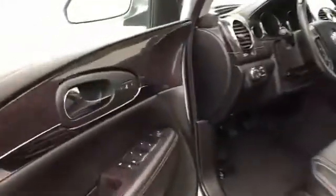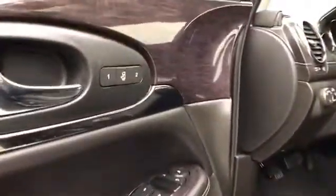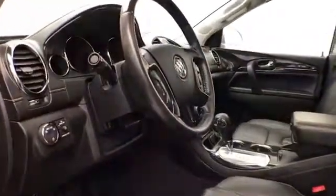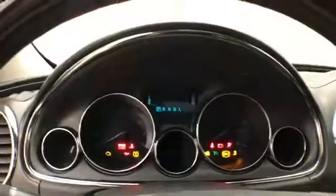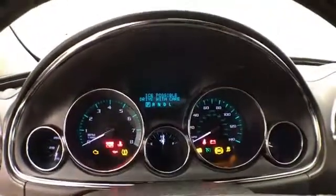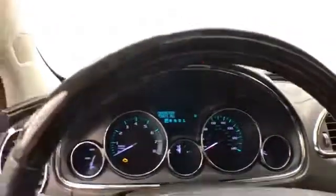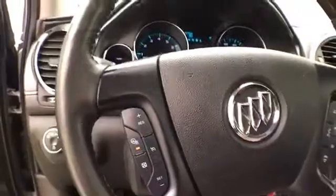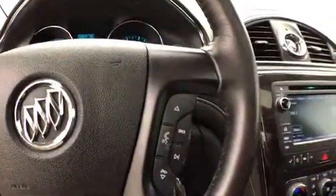This Enclave has keyless entry with remote start, power windows, locks, mirrors, memory settings for 2 drivers, power seat, along with a tilt and telescopic steering wheel, put you in that perfect driving position. Power moonroof, large, easy to read gauges, wood and leather wrapped steering wheel, which is heated, great for those cold winter days,